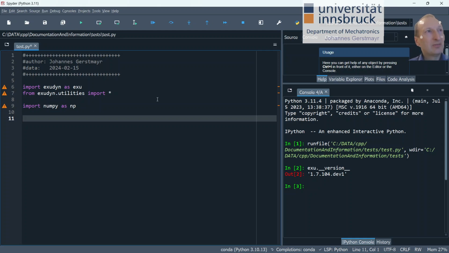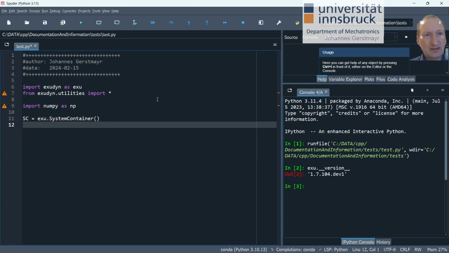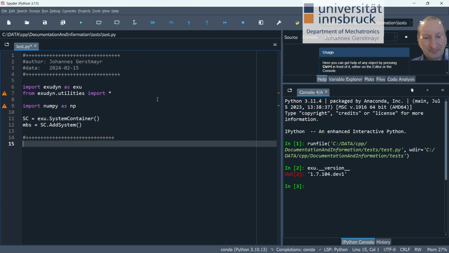for MPI parallelization. Now, the next step is to create again a system container, as in the basic tutorial. So we create a system container and we add a system. So with that, we first get started. And now we set up some basic parameters for the spring damper